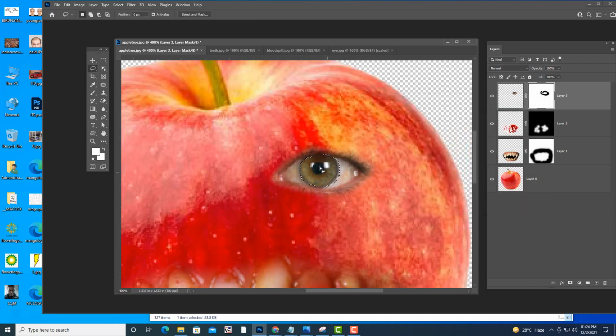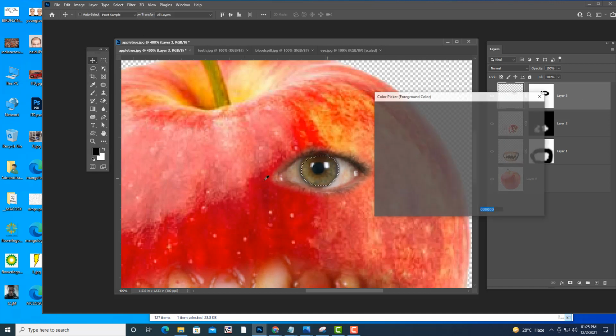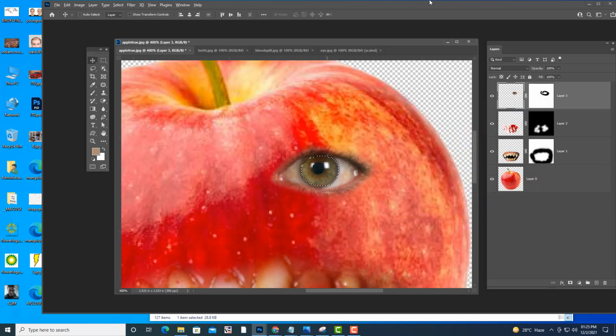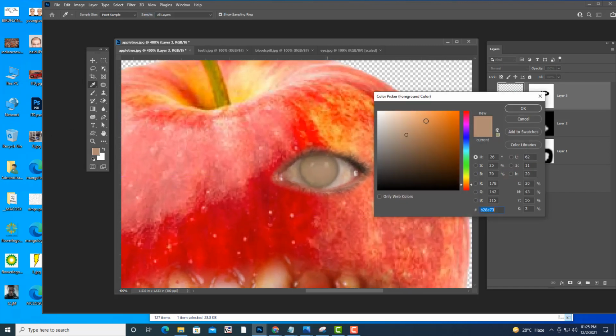The color. So we'll actually make it a little bit more light.